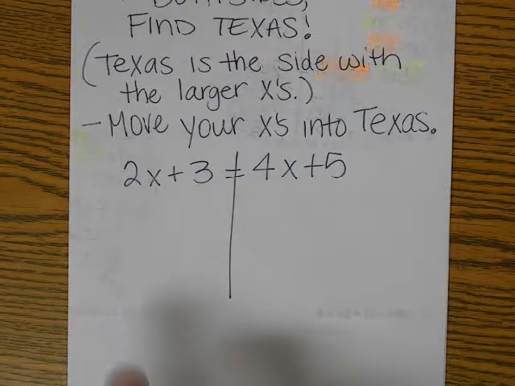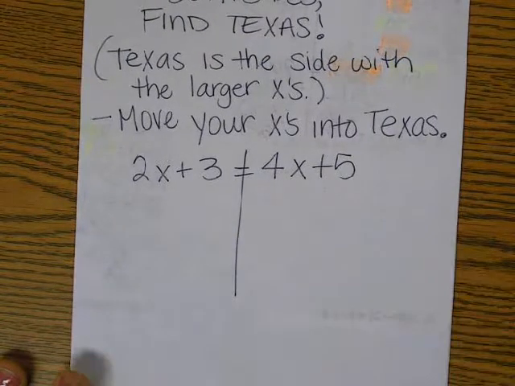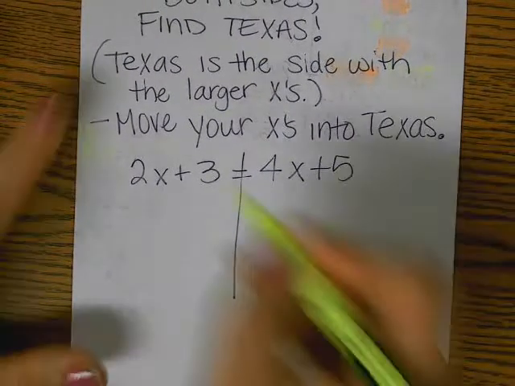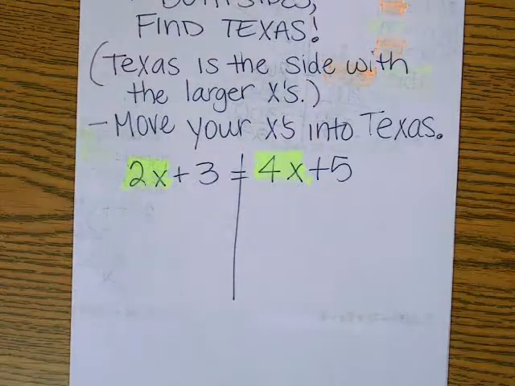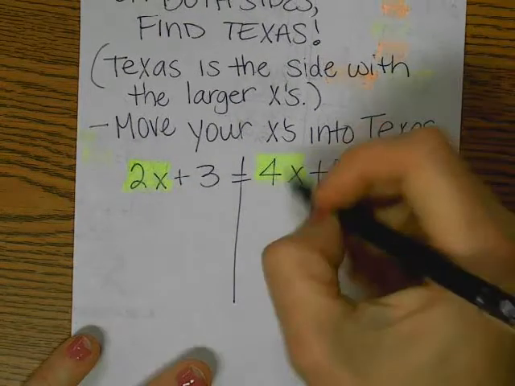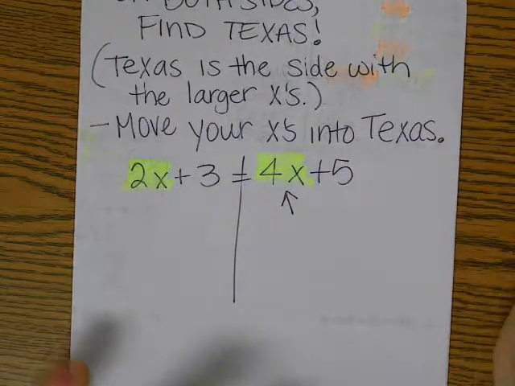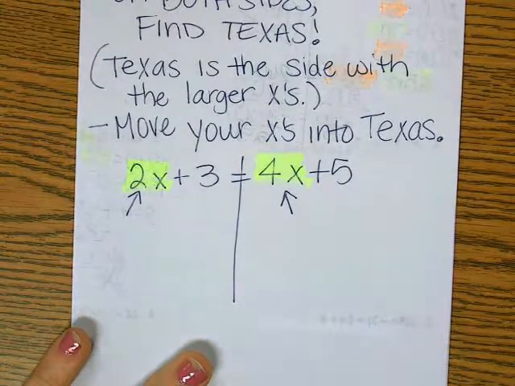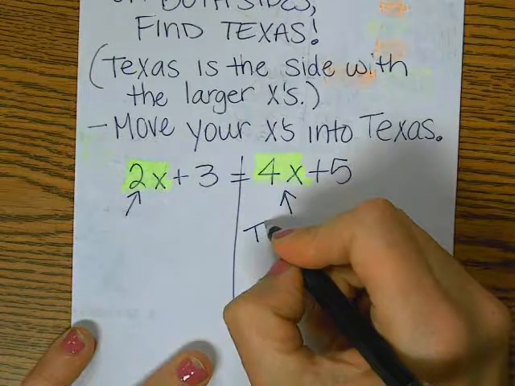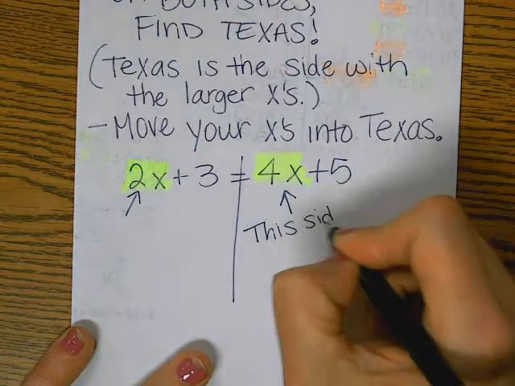The right side. And how do you know? Because x is bigger in Texas. Look at the x term: 4 is bigger than 2. So this side is Texas,